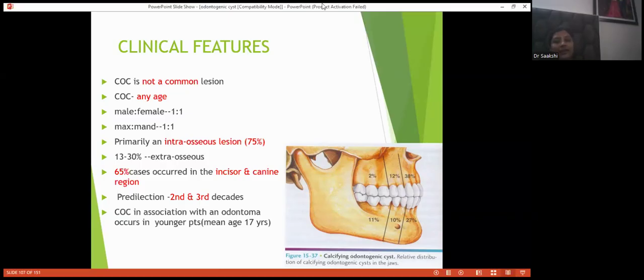60% of cases occur in the incisor and canine region. Now, you will see it mainly in the second and third decade. The COC in association with an odontoma occurs in younger patients, like 17 or 20 years of age. As you can see in this picture, the anterior region has the highest predilection, then the maxillary canine region, followed by the mandibular third molar area, then the mandibular second molar area, and then the maxillary third